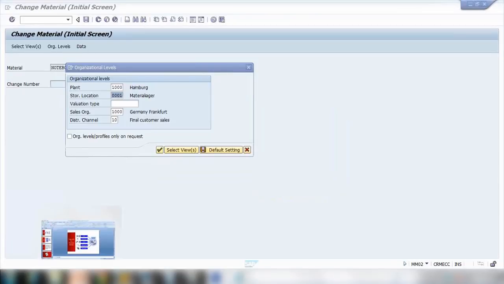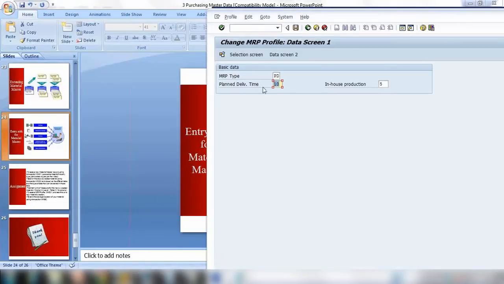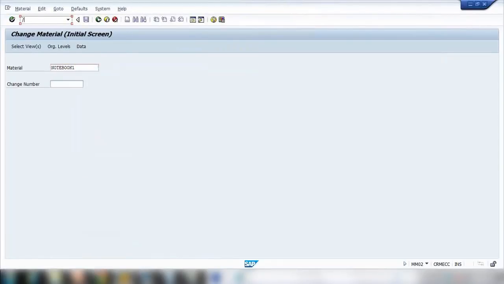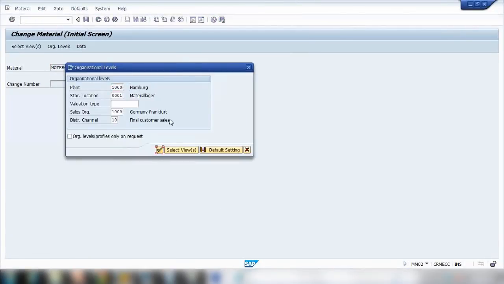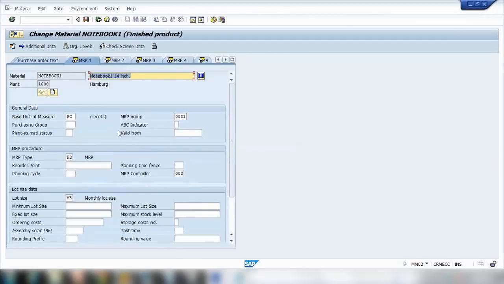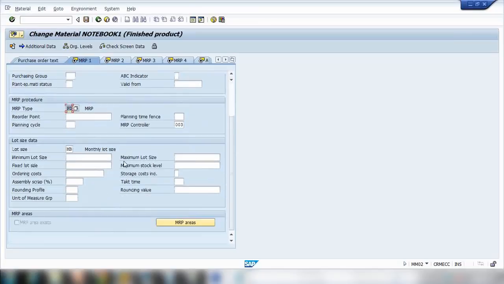And next we have is mass maintenance. Okay, mass maintenance. That means, for example, you want to change a field in a lot of materials altogether. Okay, so that means, for example, say in MRP view, you want to change MRP type from PD to something else, or you want to add